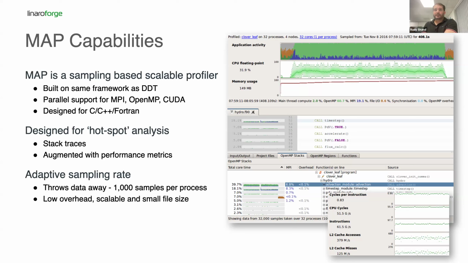So just looking at this visualization, what you can see is the application activity, and what the application activity is saying is what the processes are doing over time. On the x-axis is time, and on the y-axis is how many processes are doing a specific operation. All the operations are color-coded. Blue is MPI, dark green is the main thread compute, orange is IO, and light green is OpenMP type